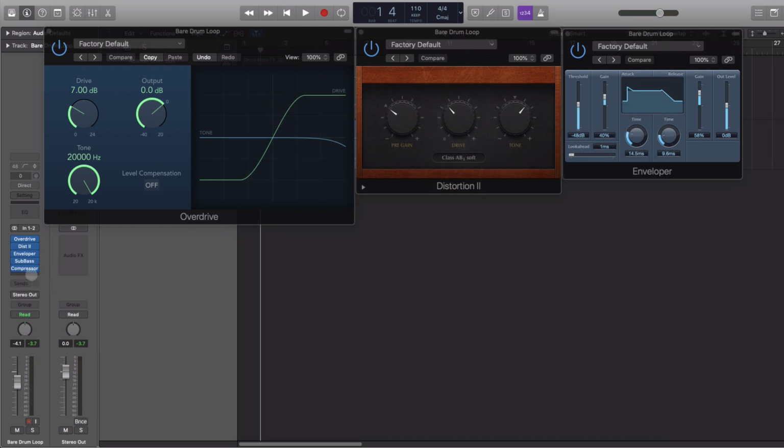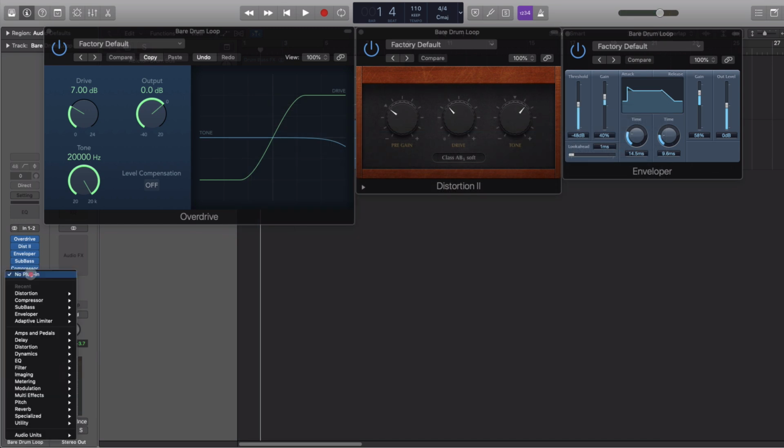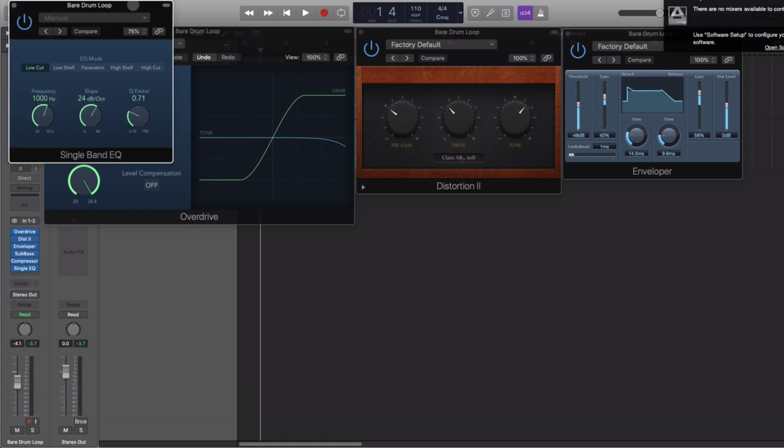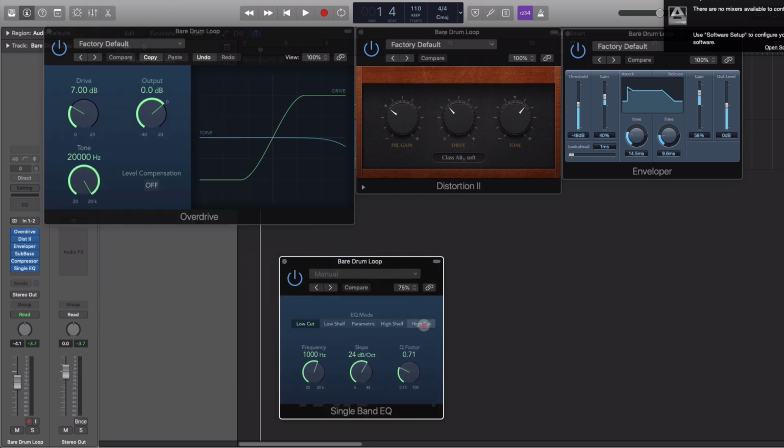And now we'll use a one-channel EQ to dampen the whole signal. So for that, we'll go to EQ and just use single band EQ, stereo. And let's go over to high cut and then choose